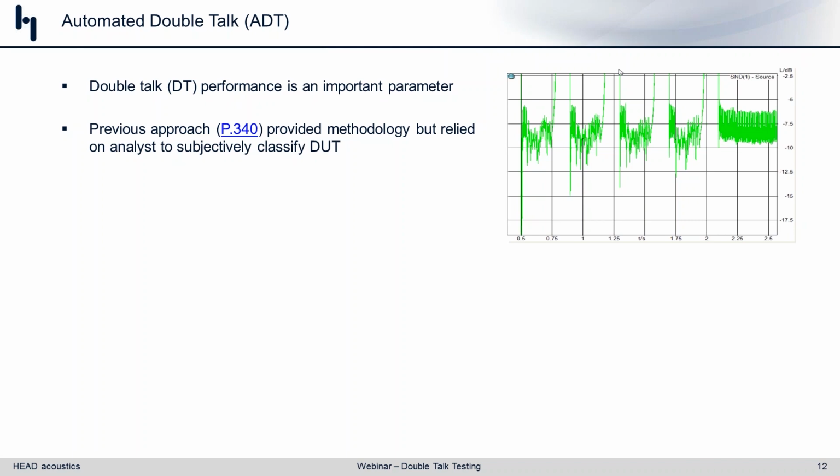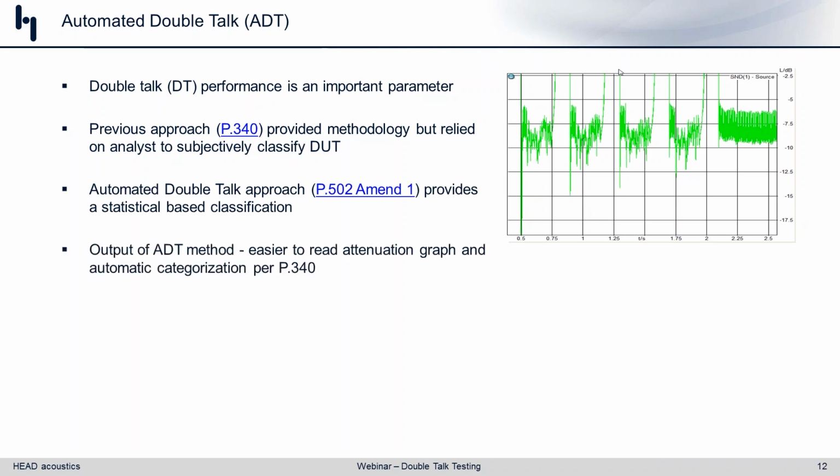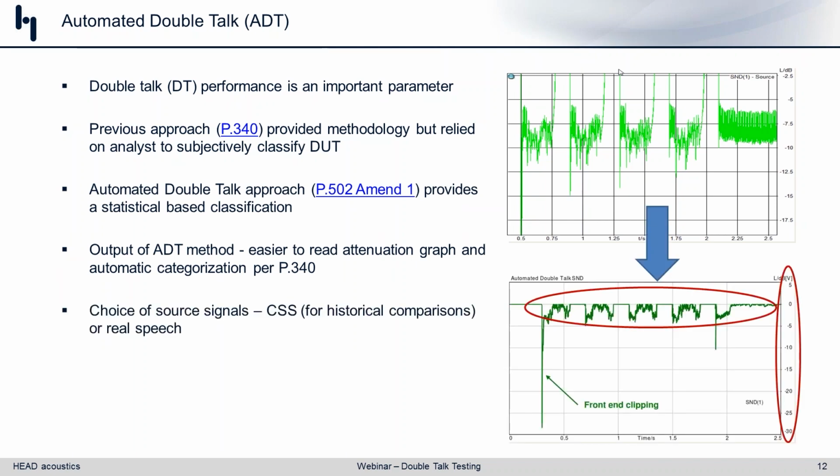The big benefit here, as you may have figured out, is that the evaluation process becomes automated because the actual test method is fairly the same. But because we now automate it and make it objective, it's a lot less subjective. So we use the same level versus time analysis, but going through some steps, some statistical based smoothing and analysis, we end up with some graphs that are a lot easier to interpret